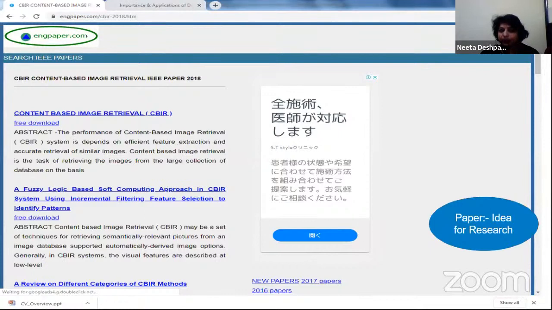Then I open this paper, and when I open this paper, I'll have n number of techniques. If you see here, there is a word which is called efficient feature extraction. So there are n ways of feature extraction, and then it becomes, how do we do feature extraction? Then you will have an idea that, okay, not only using CBIR, I can have n number of methods by which I can do the feature extraction. So this becomes one research component that comes into your paper, that feature extraction is being done and how can you do better and better feature extraction. So this becomes an idea for research.